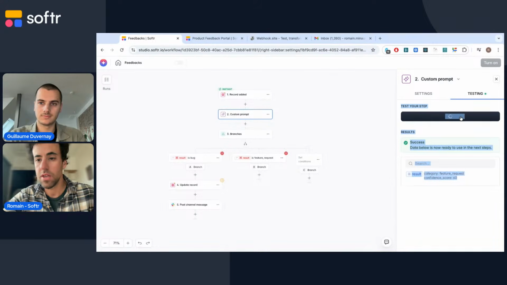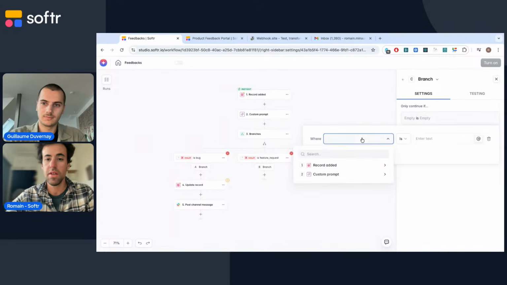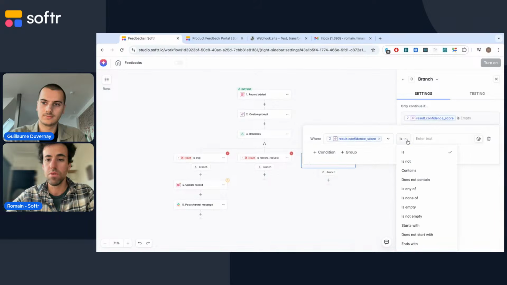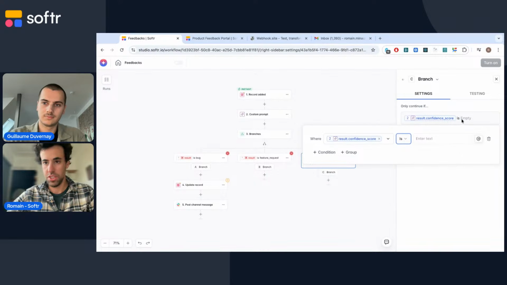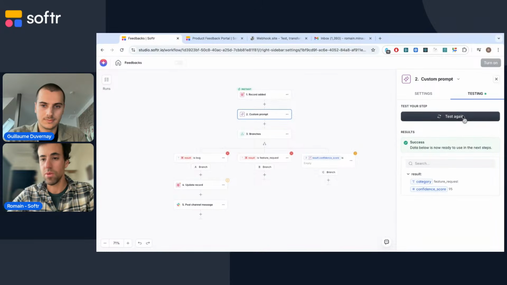And this way you will have something that you can see here. It's not text, it's an object, category and confidence score. And that's where you can then use the confidence score here. So maybe let's ask for the confidence score as an integer, because you want it to be a number to be able to branch on it.